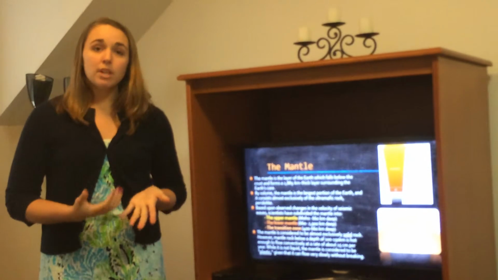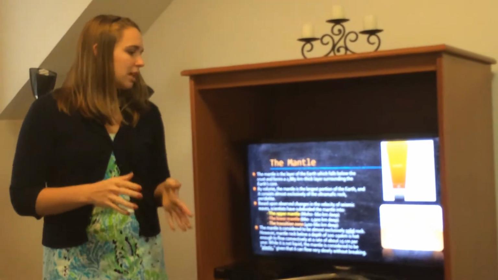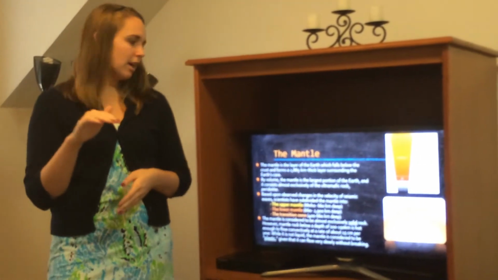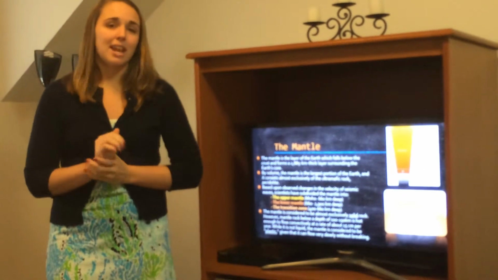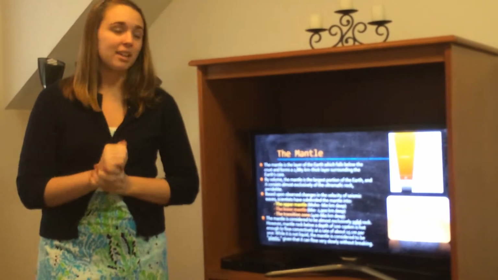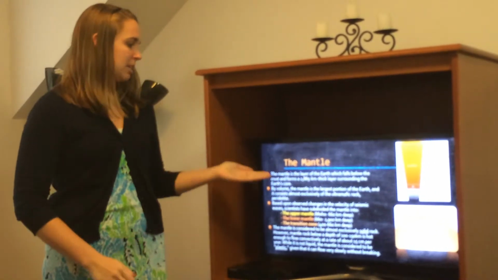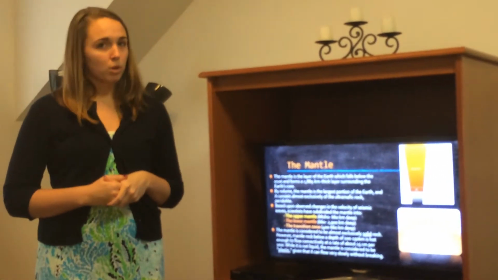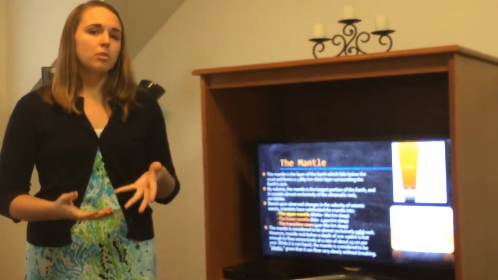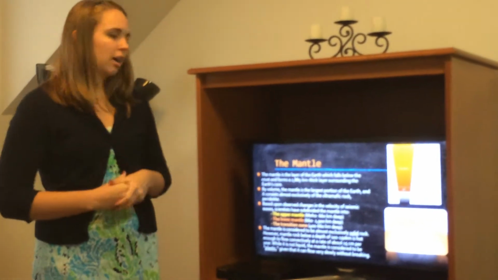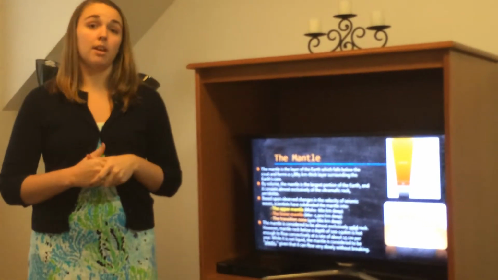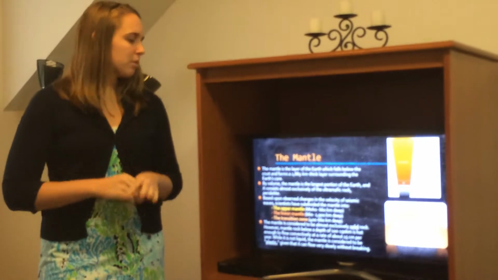So the next layer of the Earth is the mantle. And the mantle is the layer which falls directly below the crust, and it forms a 2,885 kilometer thick layer around the Earth's core. So it is very, very thick, and that means that by volume, the mantle is the largest portion of the Earth. It consists almost exclusively of ultramafic rock, and peridotite is one of the rock contents that makes up the primary